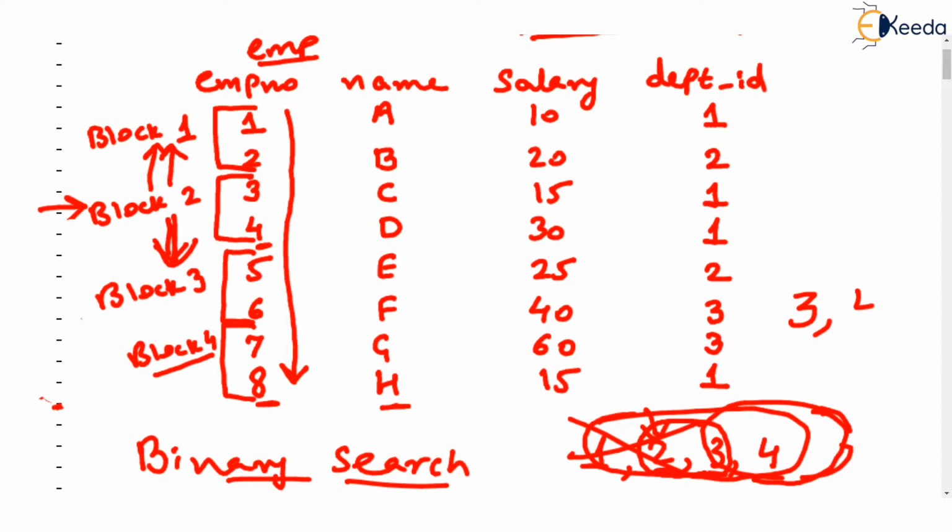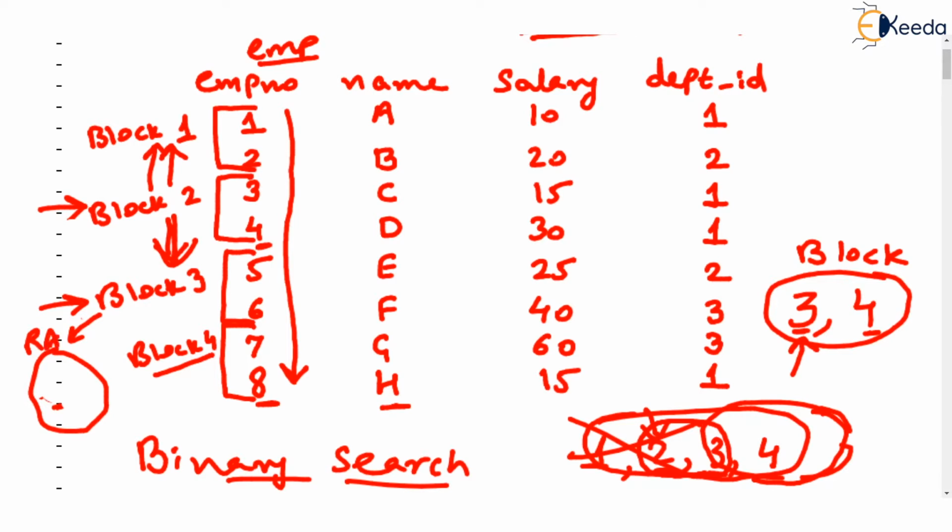Again, midpoint is found. These are the blocks that we are searching. And there is no perfect midpoint because there are only two values. Let's say 3 is the midpoint. So now this time, block 3 is read, is taken into the RAM by our system. And block 3 has two records with number 5 and 6 with other details. But listen, this also doesn't contain the record of our interest.